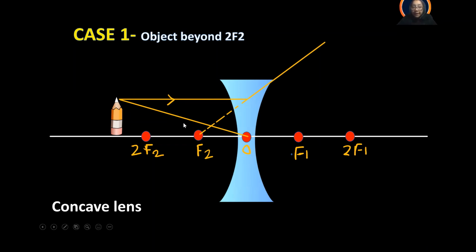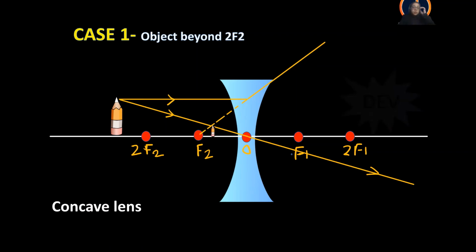Similarly, the second ray we have considered doesn't deviate at all. That means it is passing through the optical center. Now we see that these two rays, one which appears to meet at the focus, and the incident ray which is passing through the optical center, meet at this particular point. So as expected, we will get the image of the head right at that point. Because we have considered the incident rays starting from the head of the object, the point where these two rays meet is where the head of the image will be.